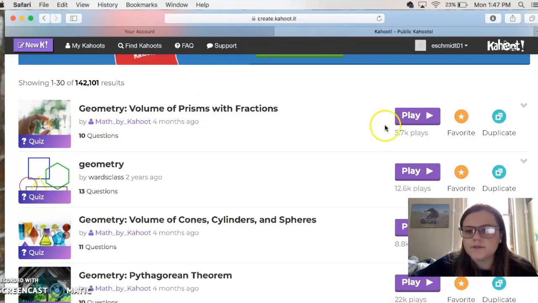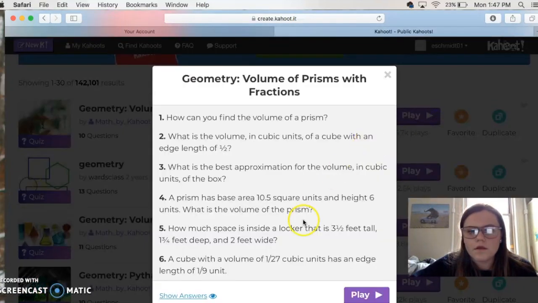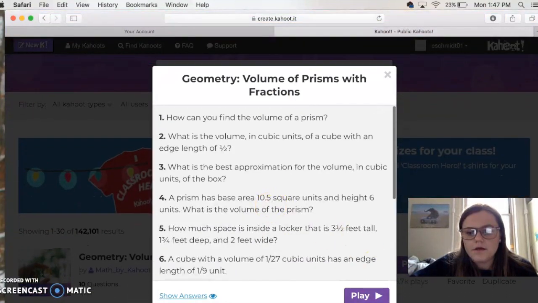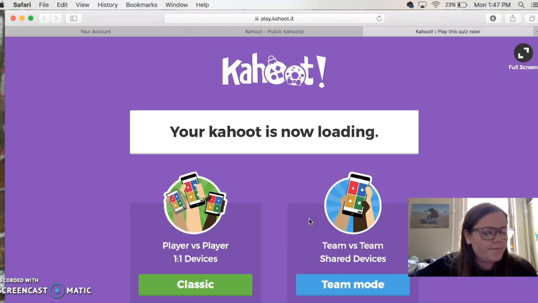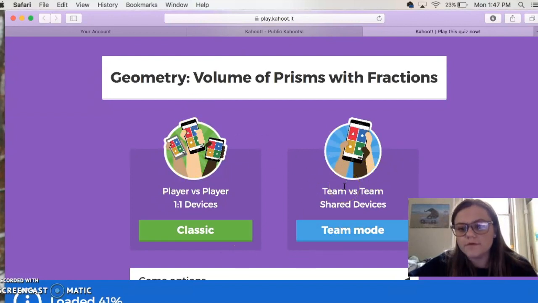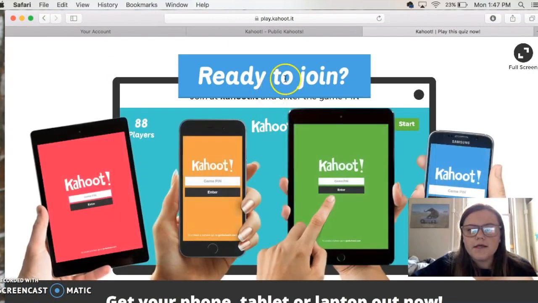You can click at those and click play. And it tells you what the questions are before for you to say. And then you can hit play. And as it's loading, you can say classic or team mode. So this is really nice in case not all of your students have any devices. So we'll do classic, and then it gives you